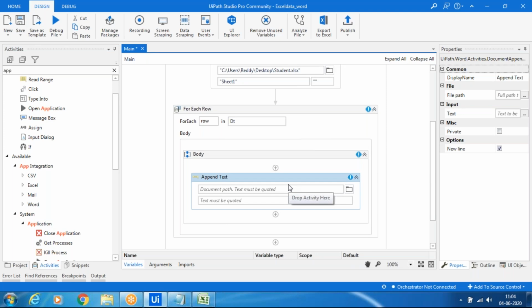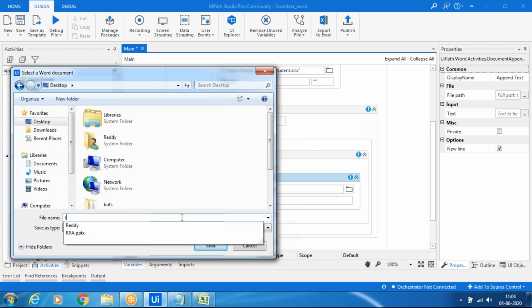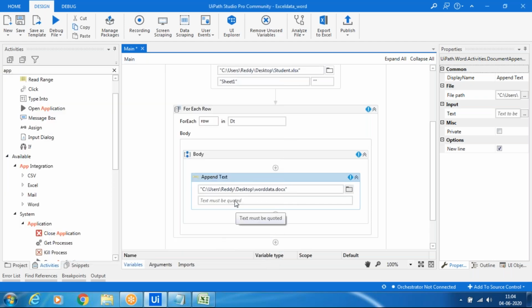On the desktop, file name, some Word data file, save, and then I will pass the row